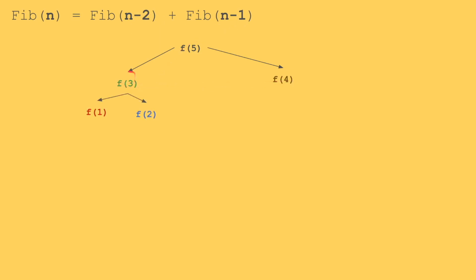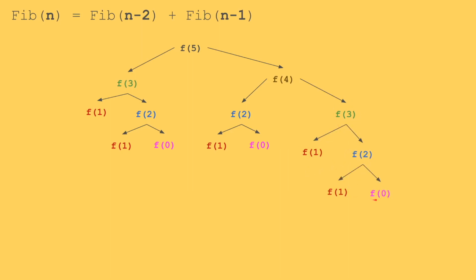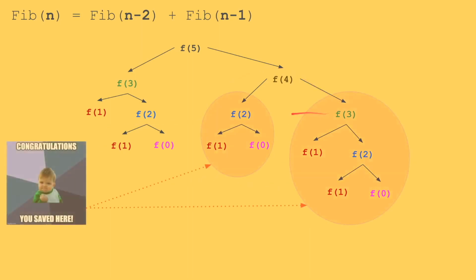And then for f of 3, you have to calculate f of 1 and 2. For 2, you have to calculate f of 1 and 0. For 4, we have to calculate f of 2, f of 3, and then f of 1 and 0. And then for 3, we have to calculate f of 1, f of 2, f of 1, and f of 0. These are a lot of function calls,